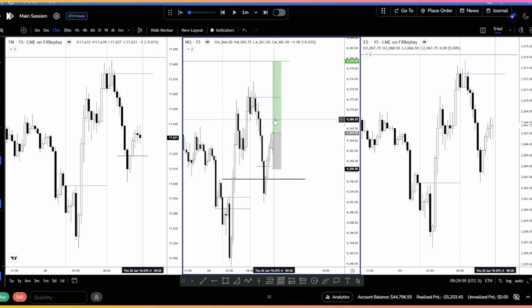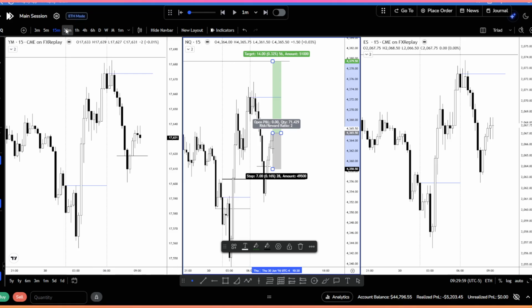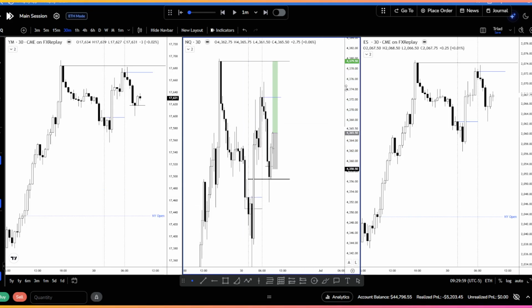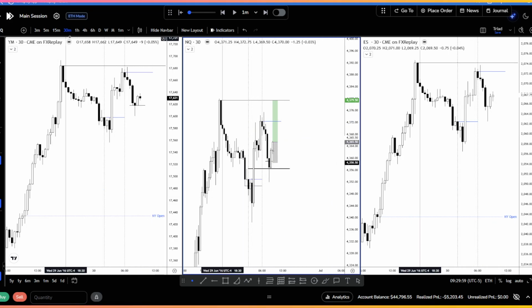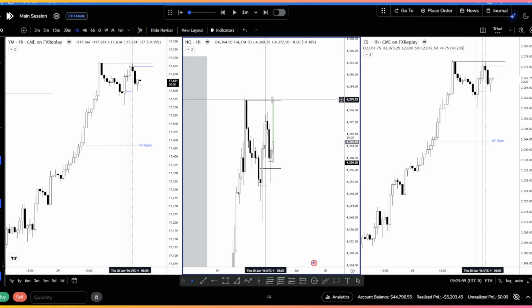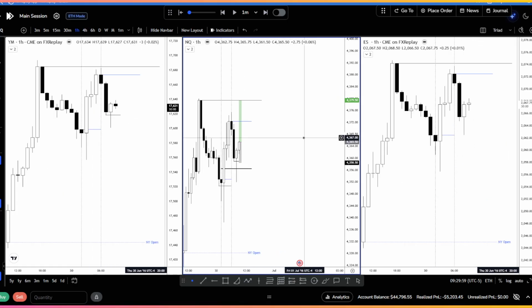It can come lower though, but I will anyway still take it because it's the cleanest day for me, cleanest retracement for me, cleanest what do you call,